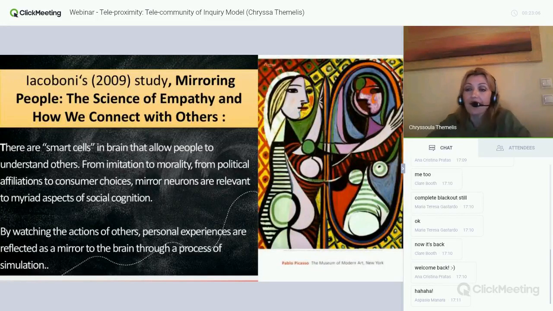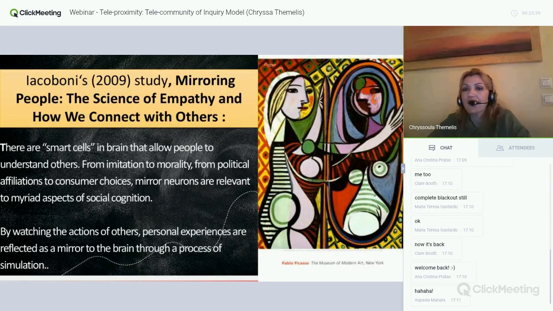Another theory that was referred to by my informant was mirroring people. It's in the same framework, but it comes from a different discipline, brain research. Rizzolatti has found that there are smart cells in the brain that allow people to understand others, from imitation to morality, from political affiliation to consumer choice. Mirror neurons are relevant to myriad aspects of social cognition.